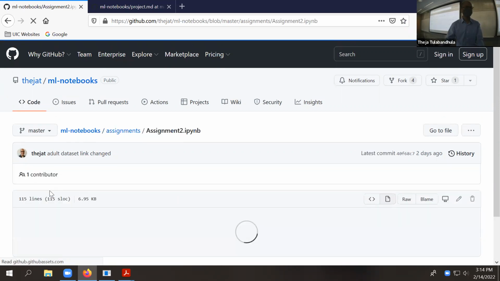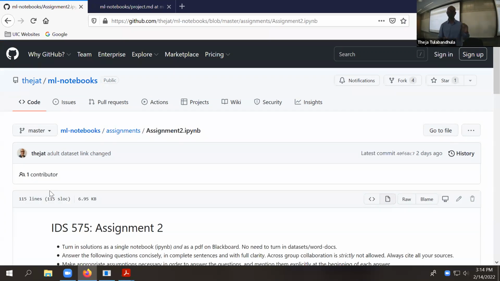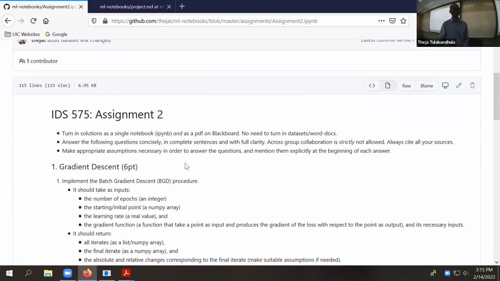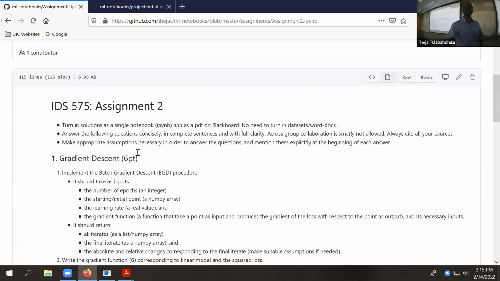So what I'm going to do, as I said, is briefly walk through assignment 2 because it's due next week, and then we'll get onto the content. Before I do a linear walkthrough, does anybody have a glaring question to ask about assignment 2 right now? Any major questions? I know some students have already looked at the assignment, but for those who have not, I hope the logistics of assignment submission are clear. You need to submit a notebook and a PDF of the same thing.